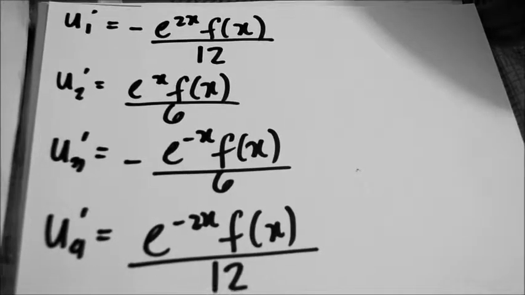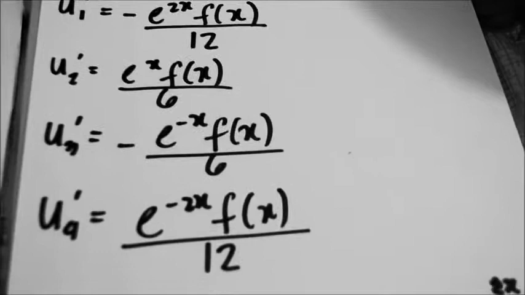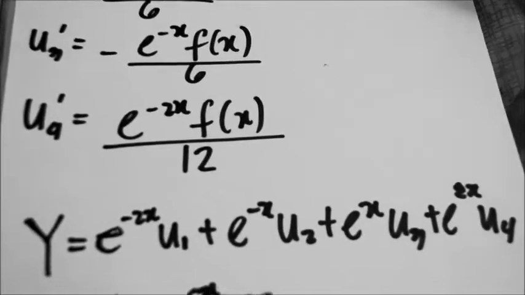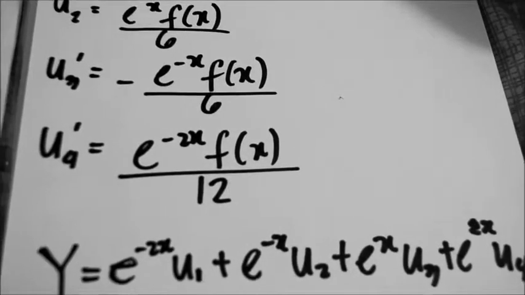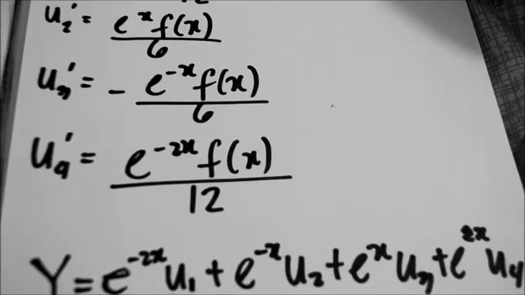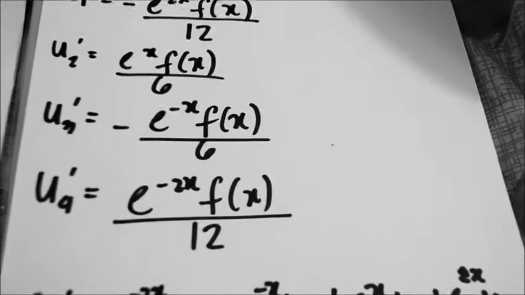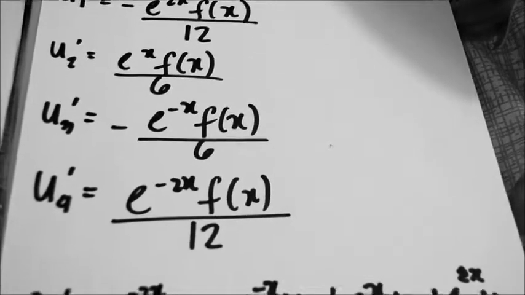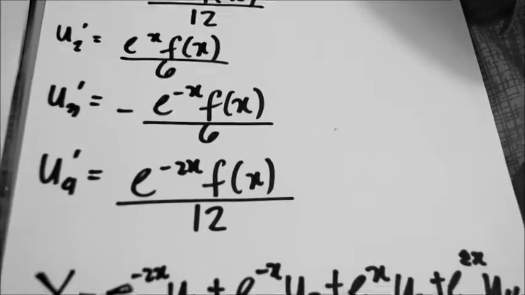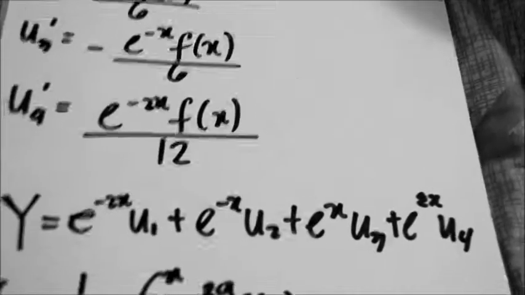So substituting these values to this, we can now obtain a formula for a particular integral of the following equation, which is y fourth prime minus 5y double prime plus 4y equals f of x. And the result is